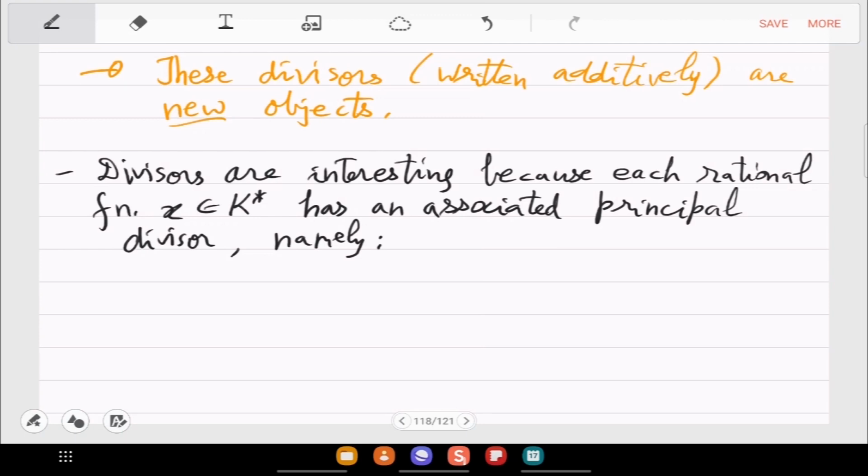So we are defining principal divisor like this. So this is basically go over all the points of the curve,